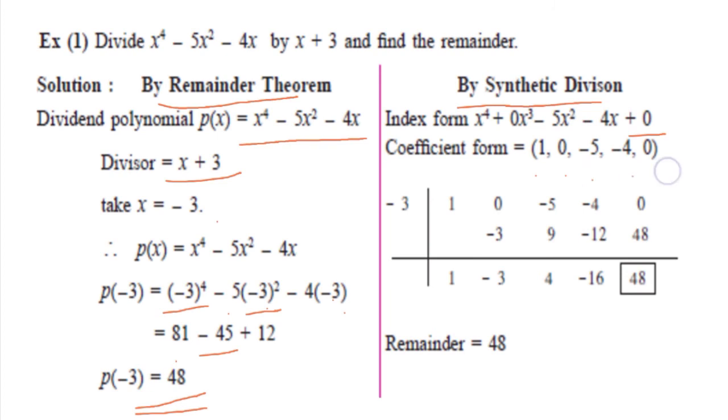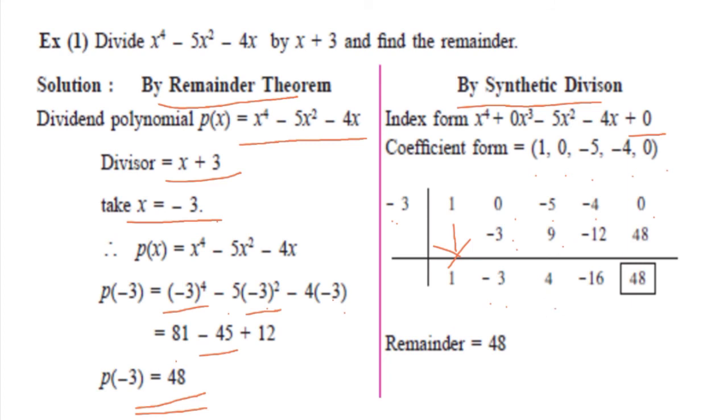Here we can write the coefficients of the dividend: 1, 0, minus 5, minus 4 and 0. Divisor is x is equal to minus 3, that's why we can write minus 3. Take 1, multiply minus 3 into 1, minus 3. Minus 3 remains as it is, minus minus plus, 3 threes are 9, minus 5 plus 9, 9 minus 5 is 4, again multiply 4 into minus 3,